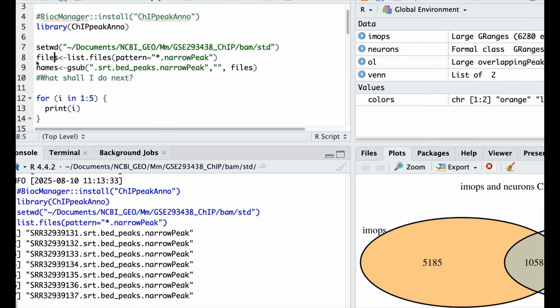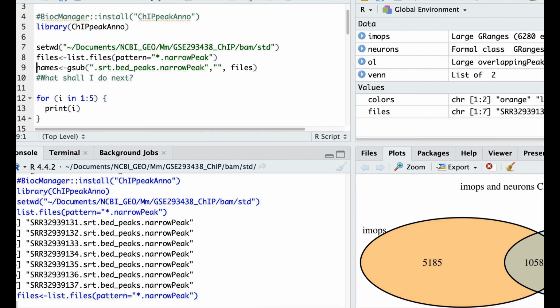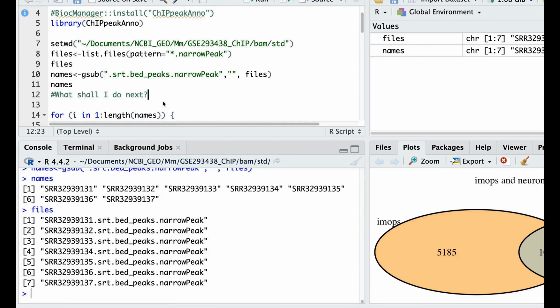You define file names as list files with this mask, and then names: you use a gsub and you replace this ending with nothing in those files. We have names,